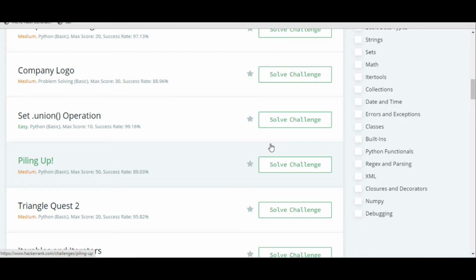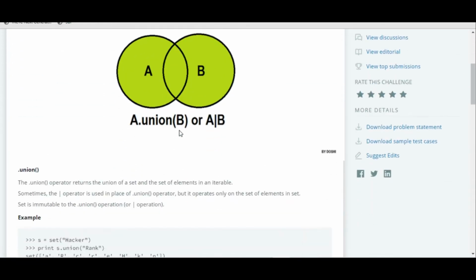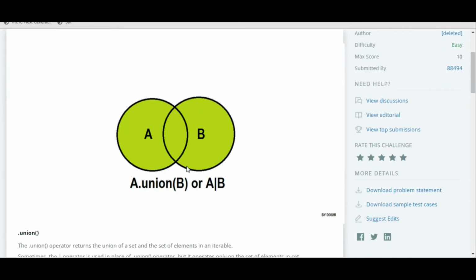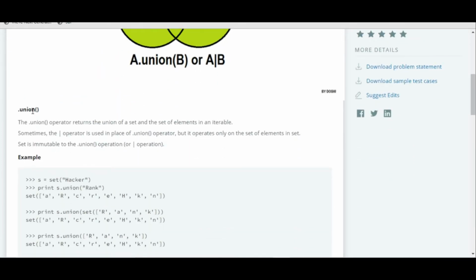In this video, we'll be solving this puzzle, or this question, which is called set dot union bracket operation. So let's see that. Here it is given the statements. So what union means is, you might already be aware of the dot union operator. There is an operator called dot union bracket that returns the union of a set and the set of elements